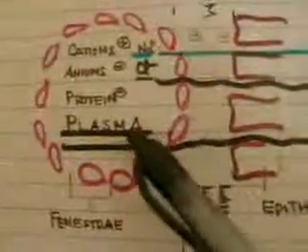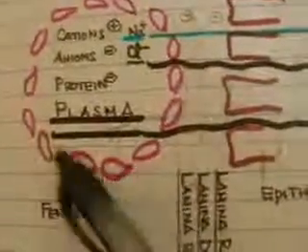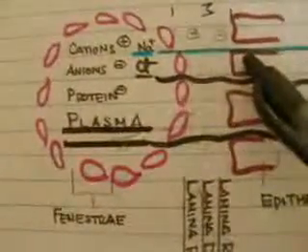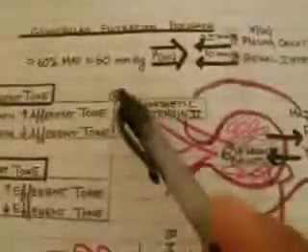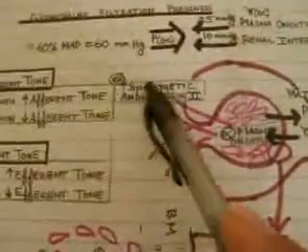And this passes through the fenestrated gaps within the endothelium of the capillary. And through the glomerular filtration pressure, which we talked about here, of approximately 25 millimeters of mercury worth of pressure, generates the forward flow,